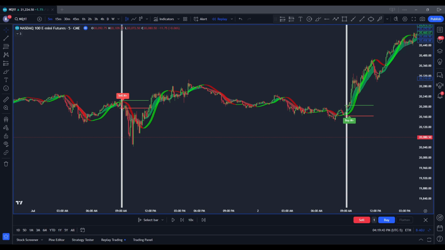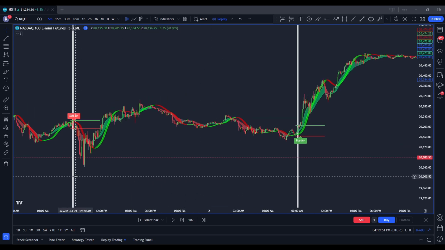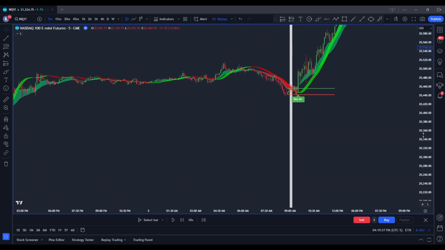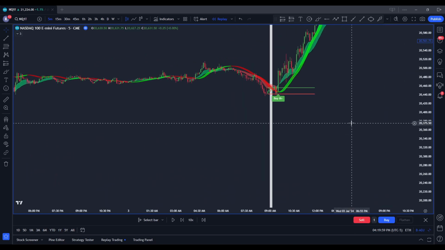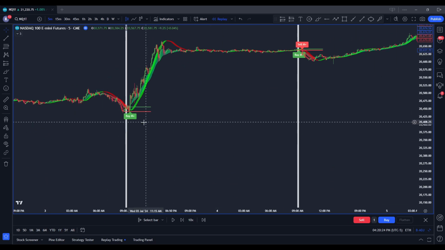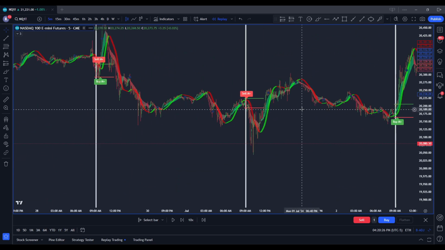This is a live testing of the indicator. We're going to start from July 1st, so we're just going to forward test this. It doesn't matter if I'm able to see it because no matter what, we're only following the indicator signals. I'm not going to be fully using replay mode, just because it takes too long. I don't want to make this video too long, so I'm just gonna start